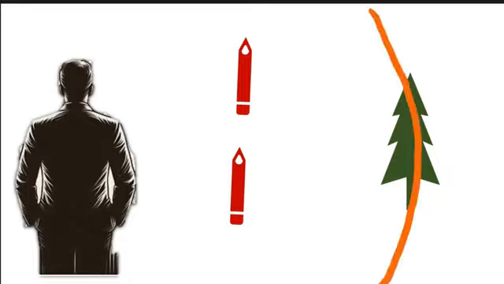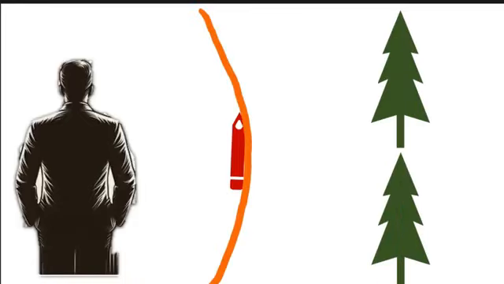What is basically happening here is that as you're fixating on the tree, it is falling on the horopter or in the Panum's fusional area, whereas the pencil is now outside the Panum's fusional area and therefore appears double to you. At the same time, when you were fixating on the pencil, the pencil was falling on the Panum's fusional area, whereas the tree comes outside the Panum's fusional area